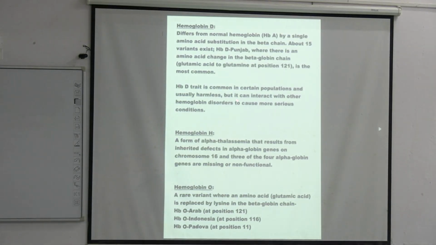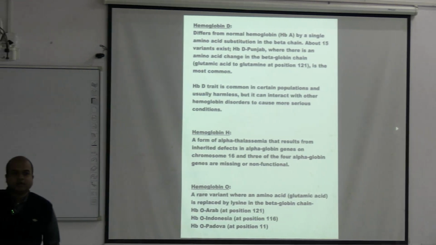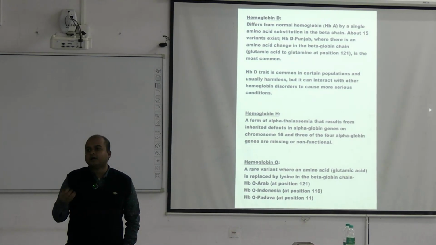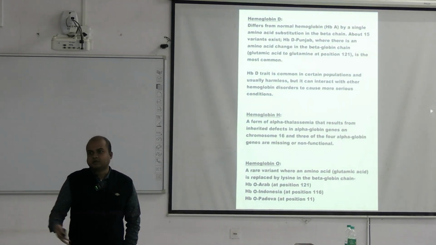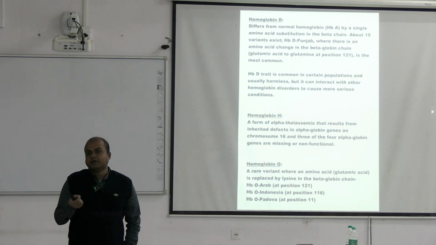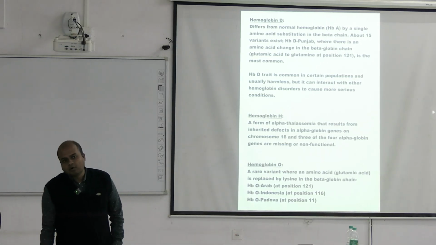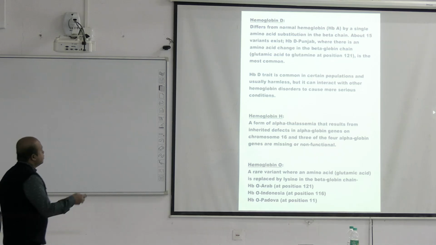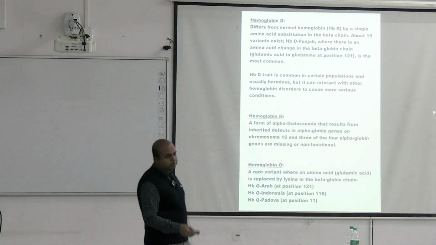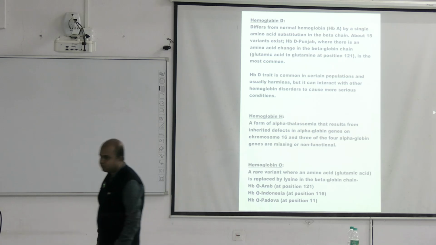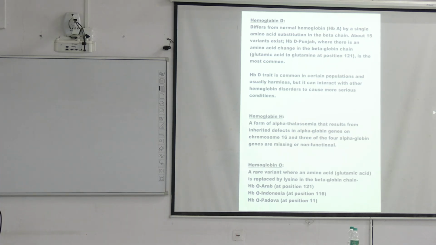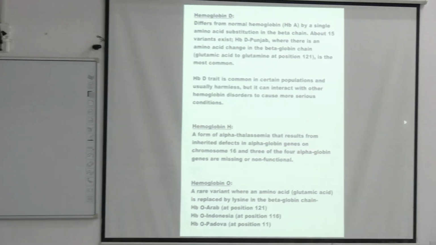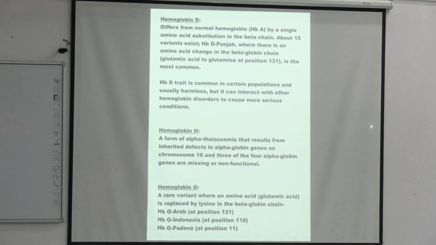Okay. So, again HBD trait, have I mentioned? Yes, it is in Punjab, and also in some texts you will find written it is more prevalent in Punjab in India or this subcontinent. HBD, it is also mentioned as HBD Los Angeles. So, these are all historical and geographical importances. Glutamic acid to glutamine at position 121, just for referring to MCQs, but such MCQs should not be asked. It is just information based, which does not mean much. MCQs mostly should be concept based. So, info based, these are historical, nothing about physiology, just in which population it is prevalent and all